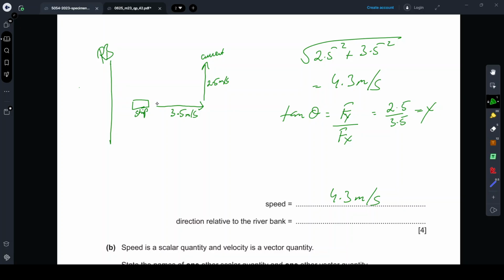So this is how the ship will end up moving, and its speed will be 4.3 meter per second as we've calculated. Now, as for the angle, if this is what we're calculating as theta, then this is the angle of movement of the ship relative to its own original movement, which is perpendicular to the riverbank. Now if I redraw this over here as a square,